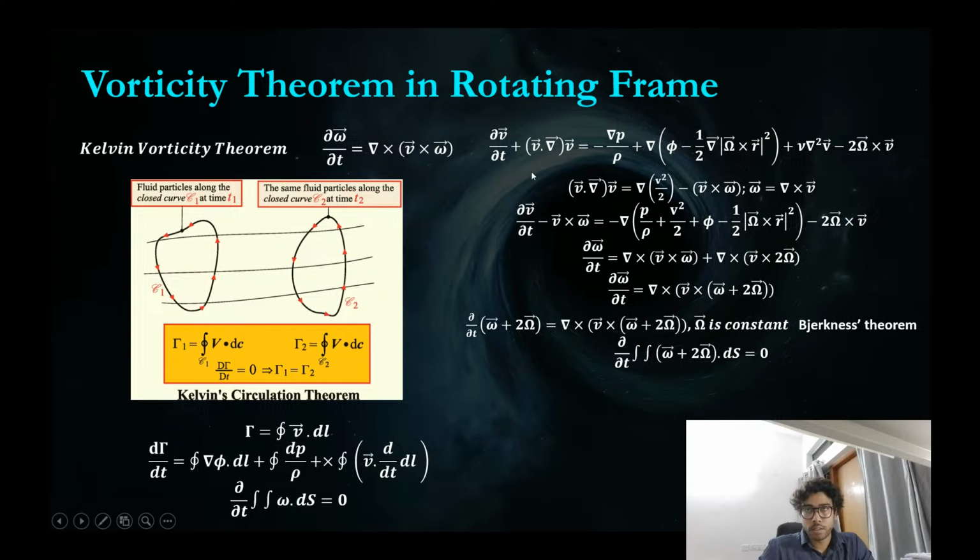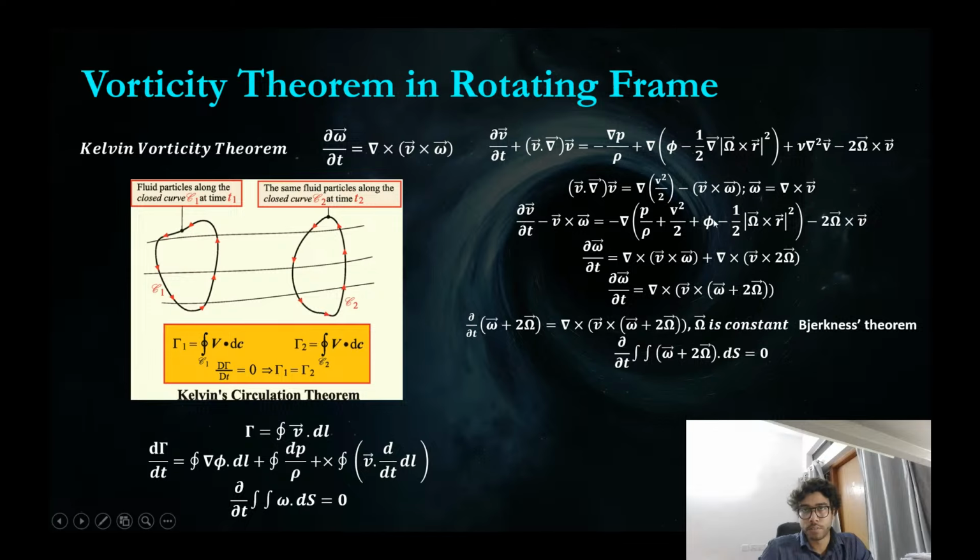So this is what the equation in the rotating frame is, and we do the same thing. We replace v dot del v with this, where omega is del cross v, and this equation reduces down to this equation, and finally we take the curl of this equation, and curl of gradient will vanish,